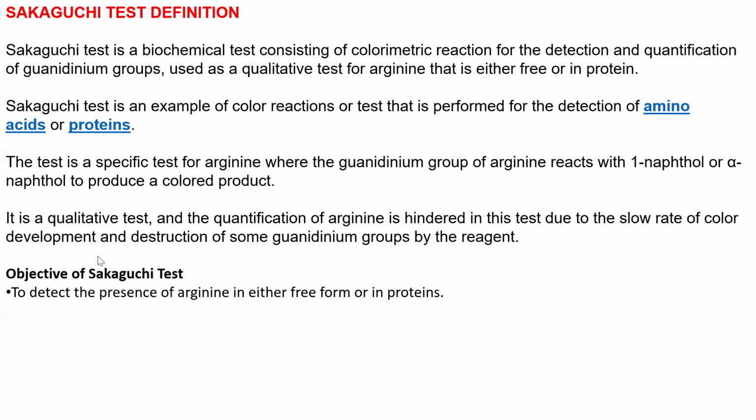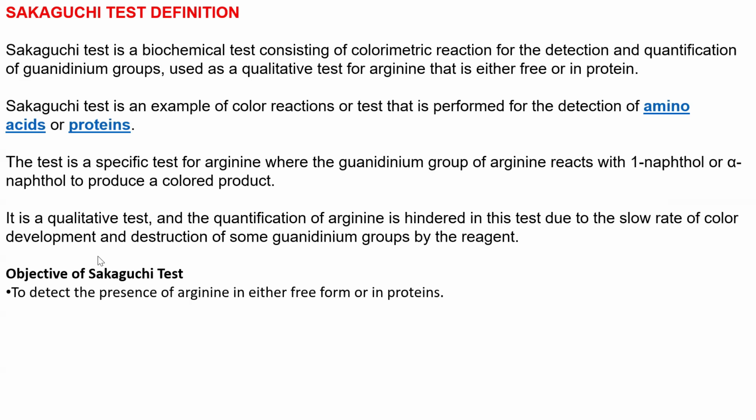So in this test, the first thing that we need to know is that Sakaguchi test is specific for testing the presence of arginine, an amino acid that contains a guanidinium group. And it is the guanidinium group of the amino acid that reacts with either alpha naphthol or 1-naphthol to produce a color product. And the quantification can be hindered. There is a limitation due to the slow rate of color development or the destruction of the guanidinium groups by